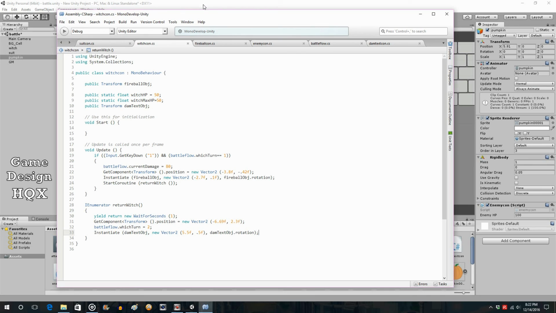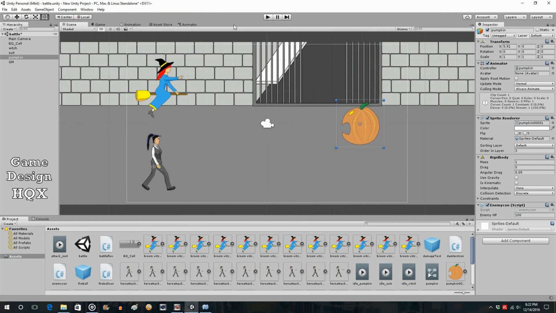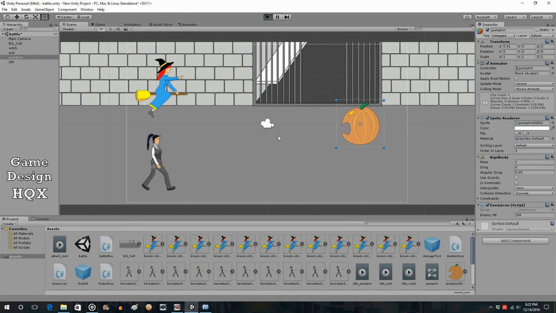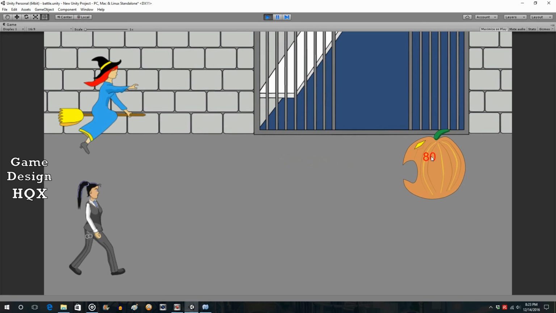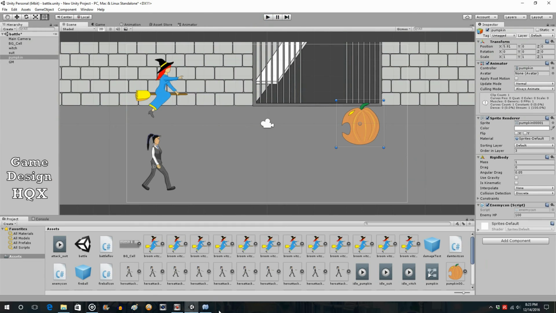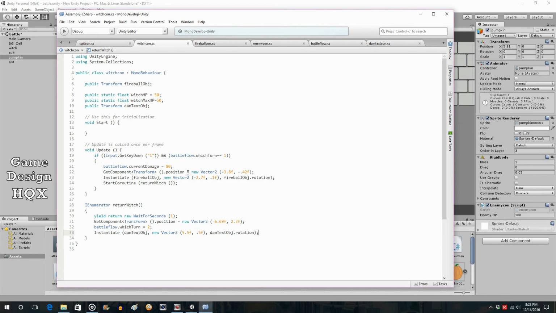So watch what happens. See, it appeared. Timing's a little bit off, but then again, you could always change the speed. But it did 80 points of damage. Now, okay, so now what we want to do,